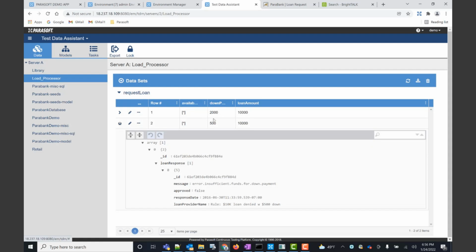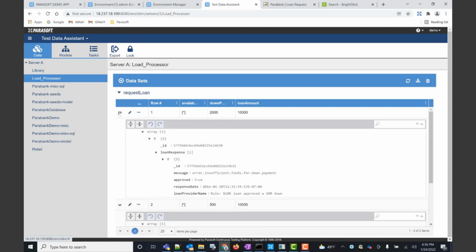So we see that if someone puts down exactly $500 on a $10,000 loan, the approval will be false. And if they put down exactly $2,000 on a $10,000 loan, then this rule will be invoked and the approval will be true.